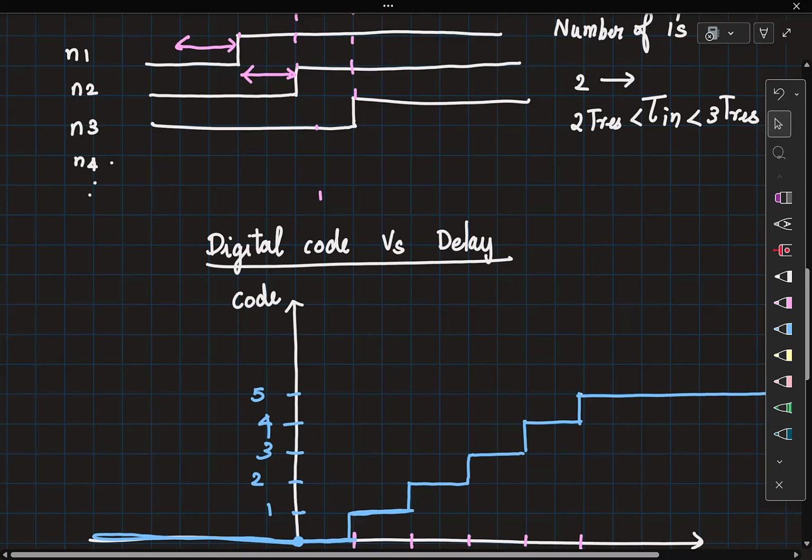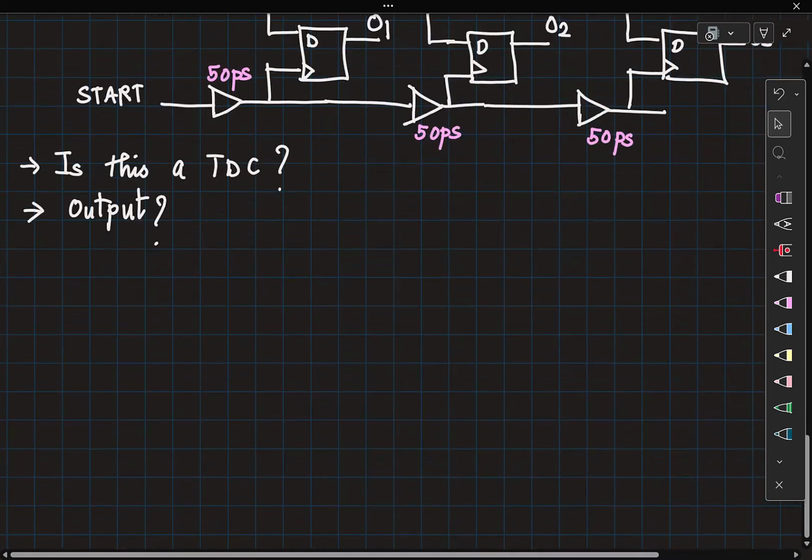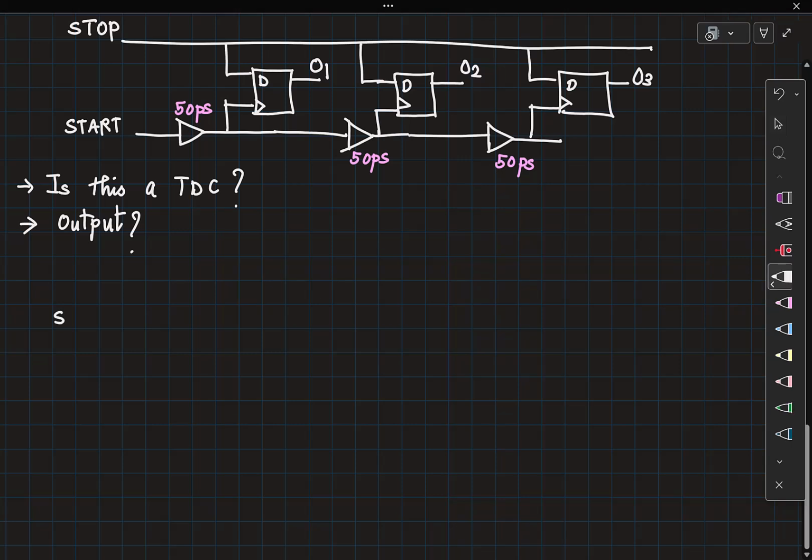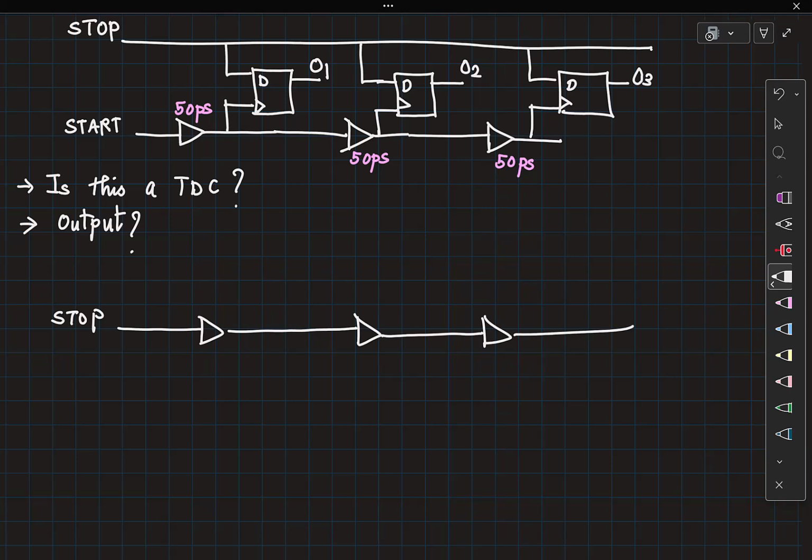Let me give you another circuit. This time I generate delays of the stop, phases of the stop, and then I use the start signal to sample it.